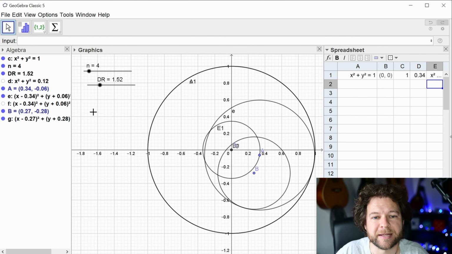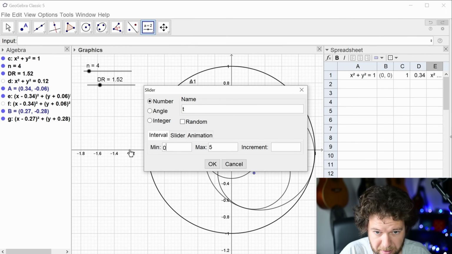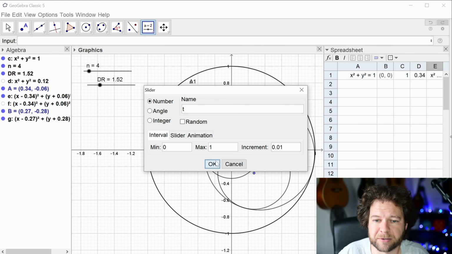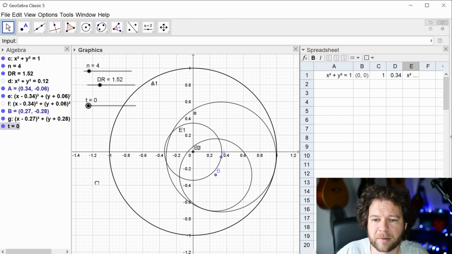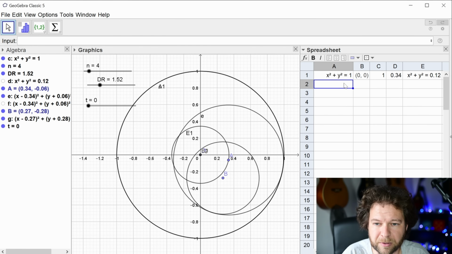So what I'm also going to need is a slider which is kind of the time slider, let's call it T, to govern the rotation. I'll let this go up between 0 and 1. So 1 will be 1 full rotation. Let's just start at 0. Still feeling my way a little bit here. So the new circle is going to be